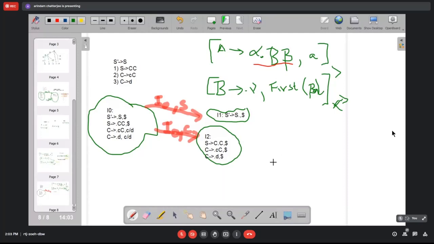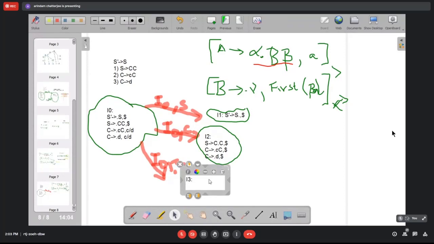What is I3? I3 is I0, comma, small c. So I0, comma, small c is I3. Now, what is I3 in that case?